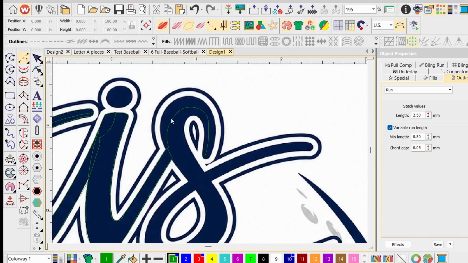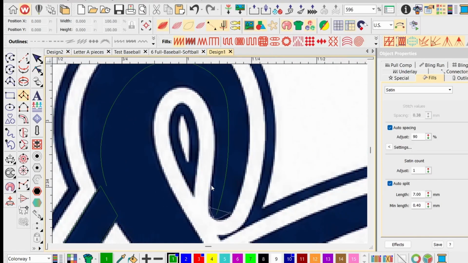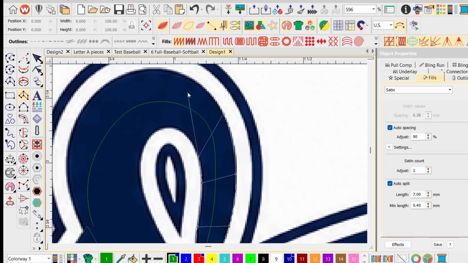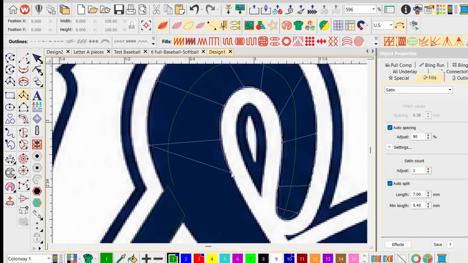I want to go that way. Back to my column. So I'm using my runs to connect my object, because I don't want my design to have all these stops. We know when we get to pricing for our stitch out, we see how the different color changes and trims and stops take the price up. So if I can digitize my design to minimize my color changes and my trims and stops, that's what I want to do. I want to bring this down a little more so I